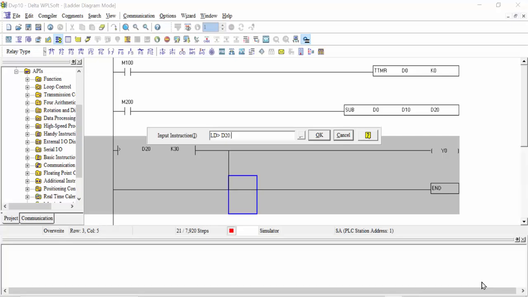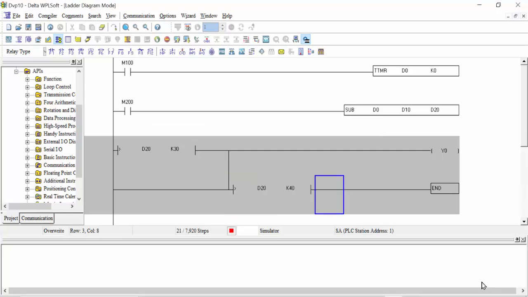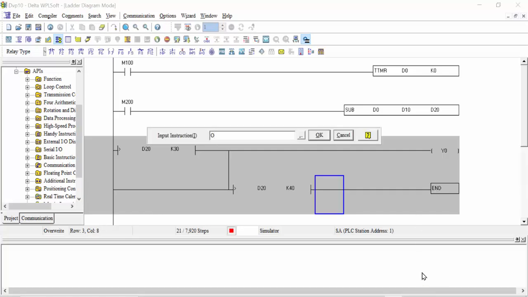When D20 is greater than, first we put 30. This one you can put K40 and click enter. This is K30. After 30 we make Y0 on, and here we will make the 40 value. After this is out